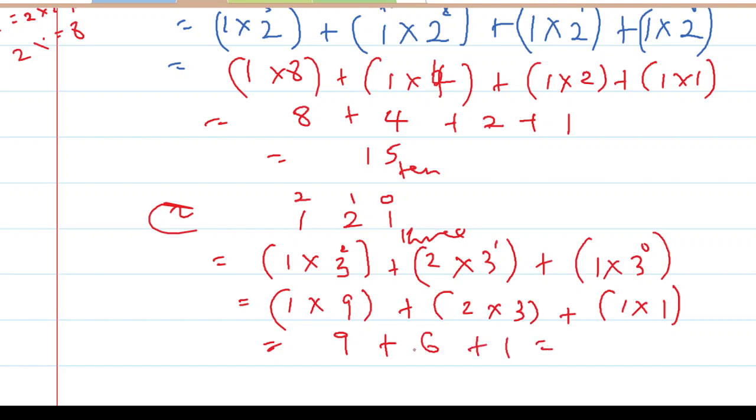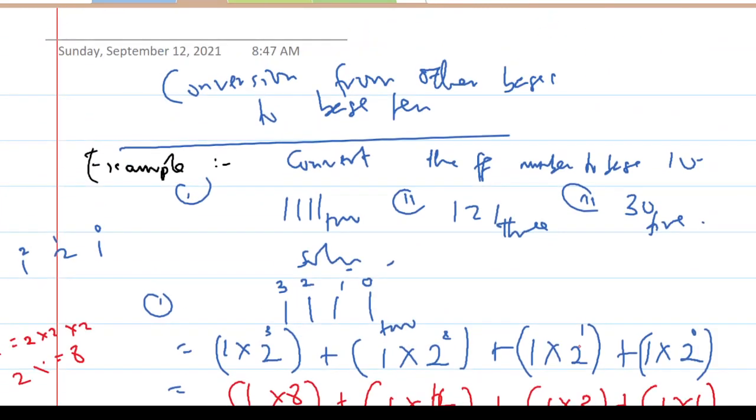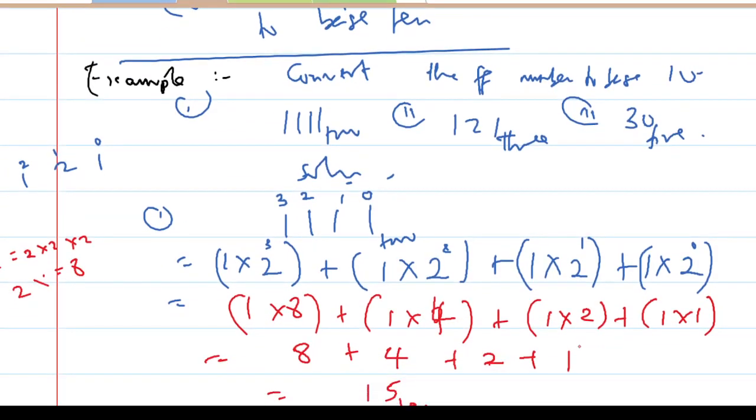Okay. 9 plus 6 is 15. Then there is an error somewhere. So 9 plus 6 is 15. 15 plus 1 is 16. And perhaps maybe we've made a mistake somewhere. So maybe